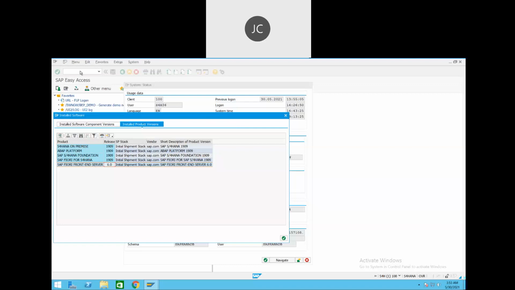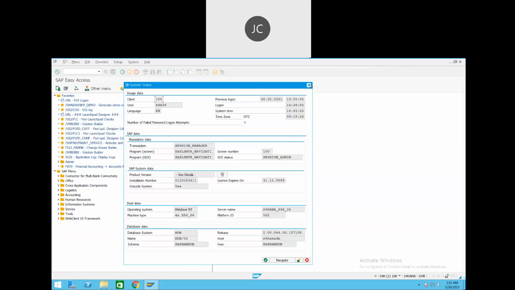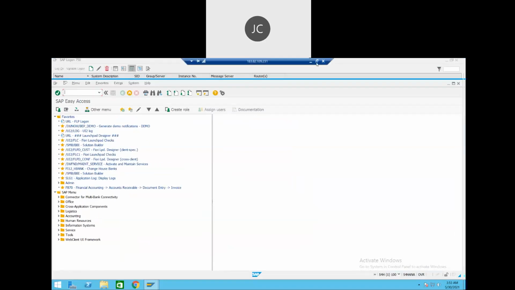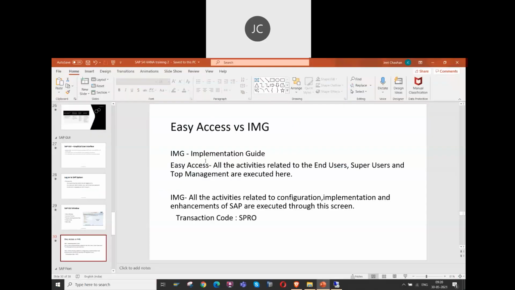So as you use SAP GUI, the same way we use SAP Fiori. Okay, so this is all the information I want to share with you in brief. What all information we can find out, right? I hope this information will be useful to you. Okay. Now, so this was all about SAP GUI.